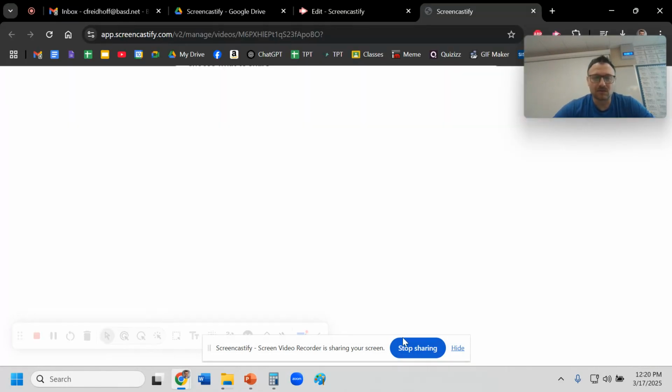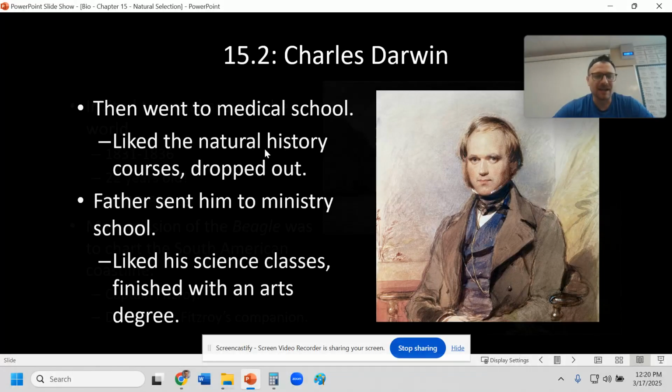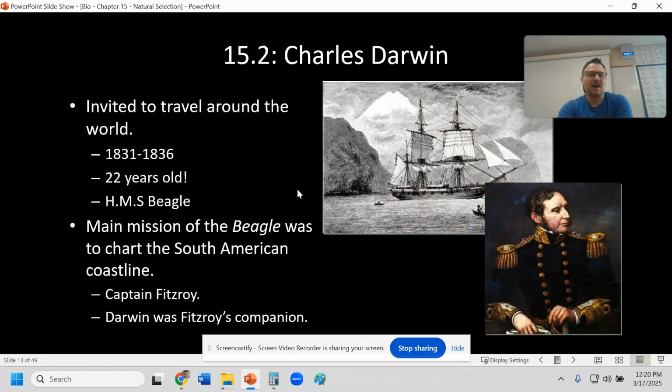Years later, he went on a voyage called the Voyage of the HMS Beagle, and basically they were mapping out the coastline of South America. Now, a lot of people think that Darwin went as a naturalist on the ship, to experiment, see nature and take observations. But he was actually just a companion to the captain.